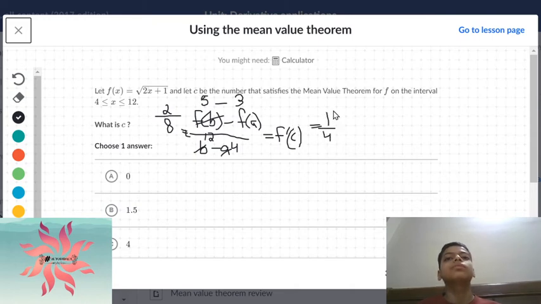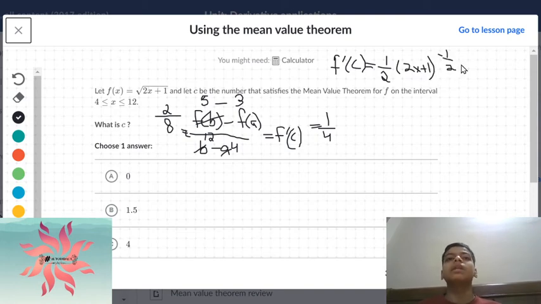Let's figure out what f prime of c is. f prime of c is equal to 1/2 times 2x plus 1 to the negative 1/2 power, times the derivative 2. Cancel out. We get 1/4 is equal to